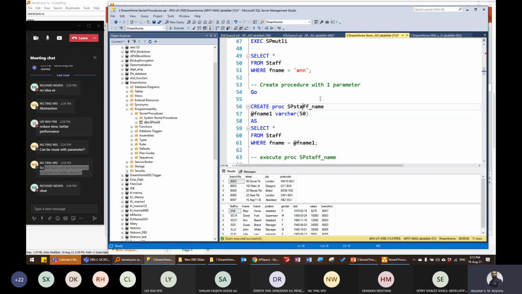But usually we try to avoid this. Now, after that, I will go to add the first parameters here. Now, notice in SQL, we use the @ sign. Then I will say here the name of the parameter,